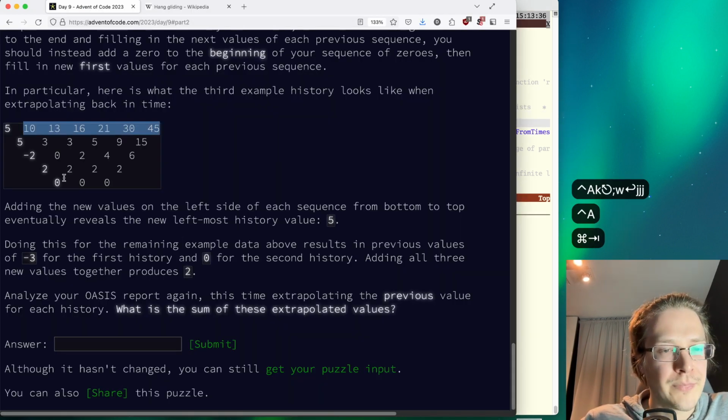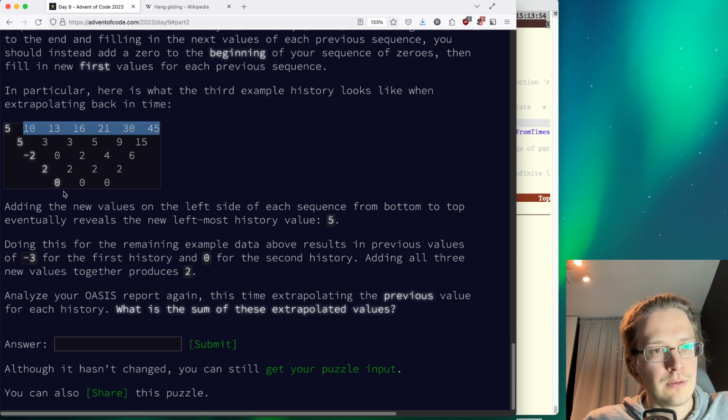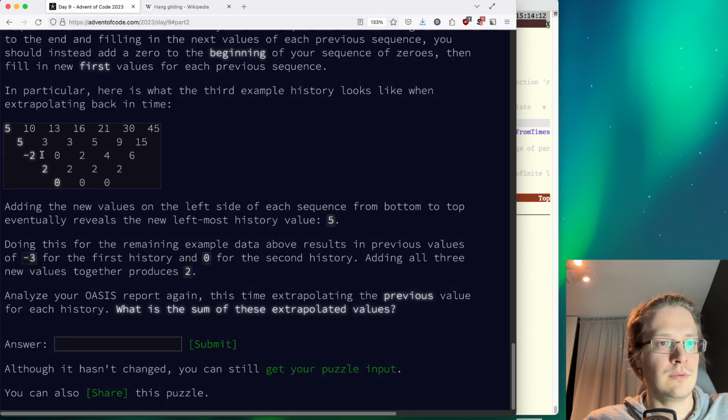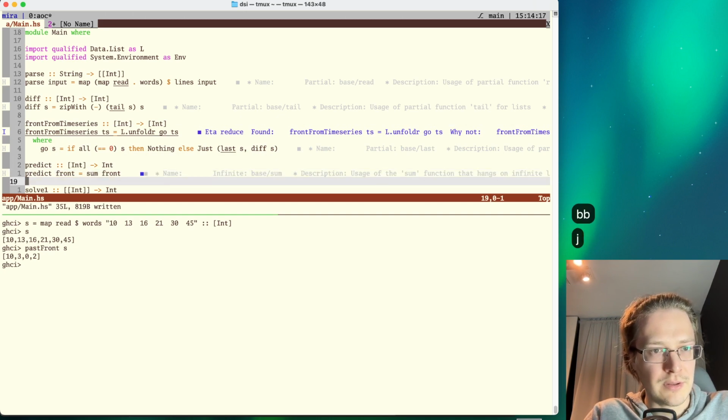Now, how do I predict? I know this one, and I calculate this value as this value. So this value is the difference of 2 and 2. That's why 2 is equal to 2 minus 0. This value, minus 2, is equal to 0 minus 2. And this 5 is equal to 3 minus minus 2. Yeah, that checks out. So basically, I just need to foldr with